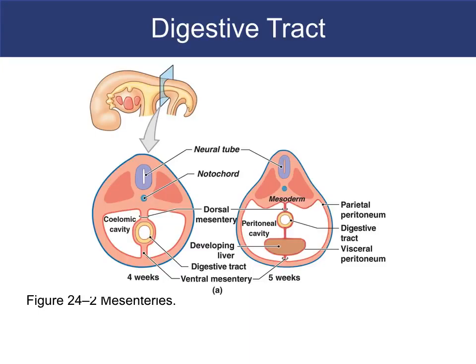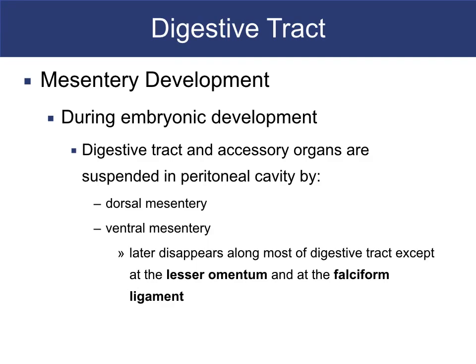The fact is that most all of the ventral mesentery, by the time we are born, has dissolved away and gone away, except for a couple of pieces. Yeah, we started out with a dorsal and ventral mesentery. Most of the ventral mesentery disappears. There's a couple of things that persist, and you should be able to identify these on your cats. There's a lesser omentum. The lesser omentum kind of supports the stomach from the front side. And the falciform ligament is a ligament that comes down up here in front that used to hold that